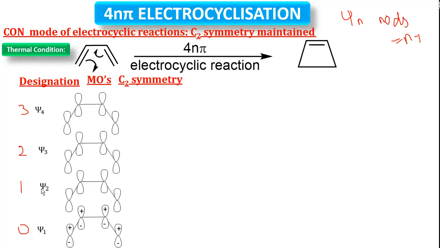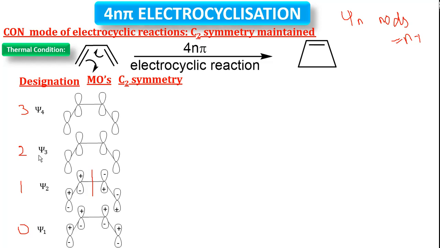Psi2, one node is present. We already discussed that when an odd number of nodes is present, one node should come exactly in the middle of the orbital. So this is the node. We start with plus. Where there is no node, plus is followed by plus. Where a node is present, plus is followed by minus. Then no node, so minus followed by minus. Friends, this is psi2.